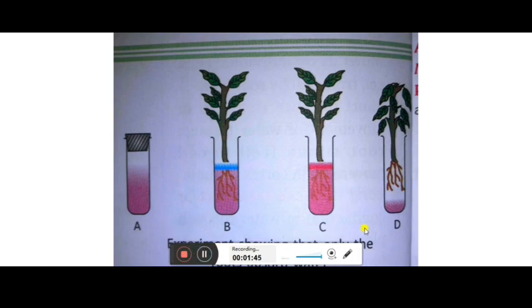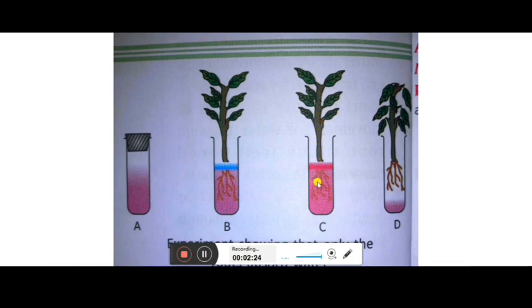Now this setup is kept for 24 hours, and after 24 hours, what will we notice? First, the water level is the same in test tube A, because evaporation does not take place. In test tube B, some water will be absorbed, so there will be a change of water level. In test tube C, it is the same, the water level will be down, and there will be a red mark wherever the water is being transported. That is the ascent of sap.